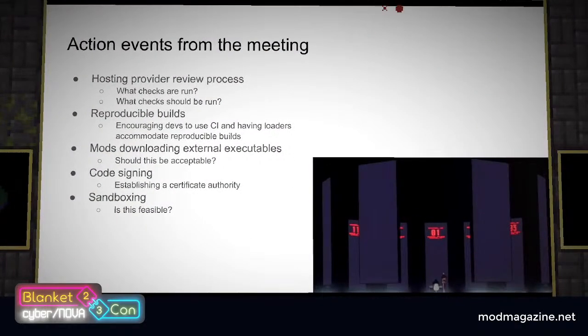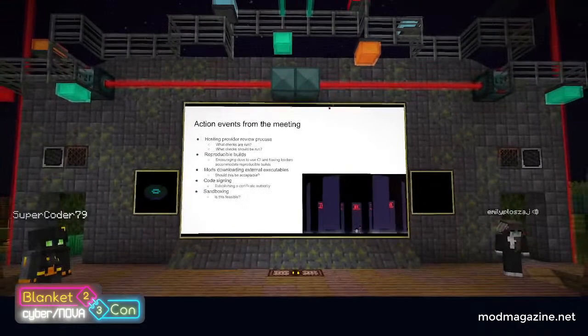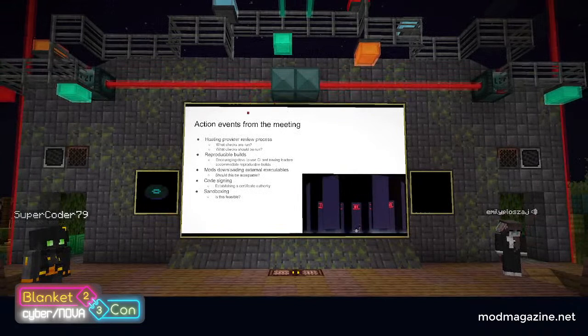The first action item: what checks were actually being run by CurseForge and Modrinth? Both platforms have quite opaque checks in place for uploading files, and we wanted to discuss if they were adequate and if more needed to be done. Both platforms committed to extending extra resources to improve these checks. However, there was the general sentiment that most of them should remain private and not discussed publicly, as giving information about how they work could give attackers the ability to circumvent them.